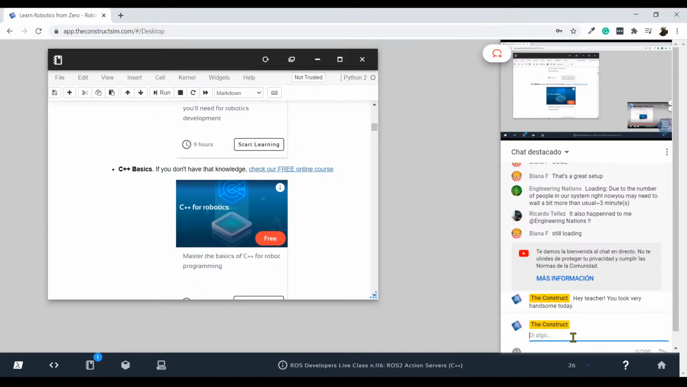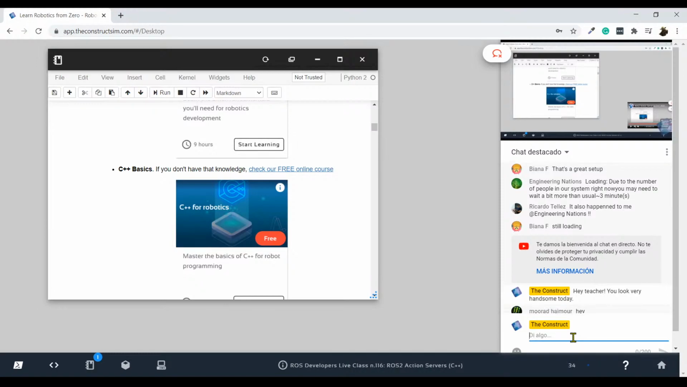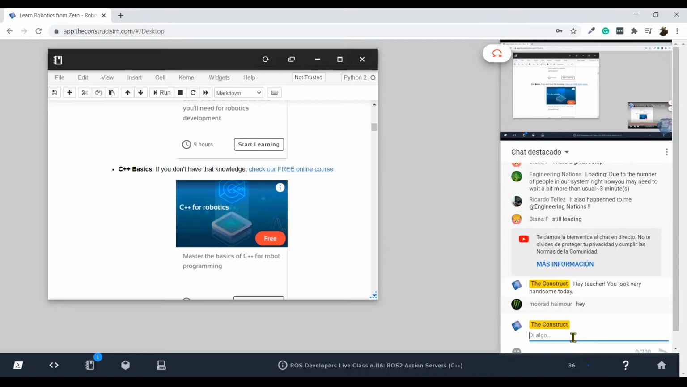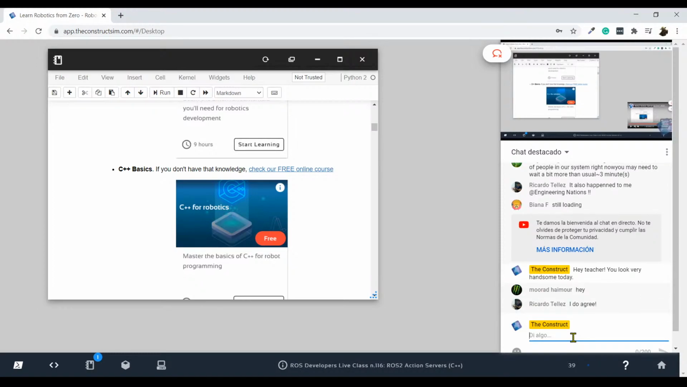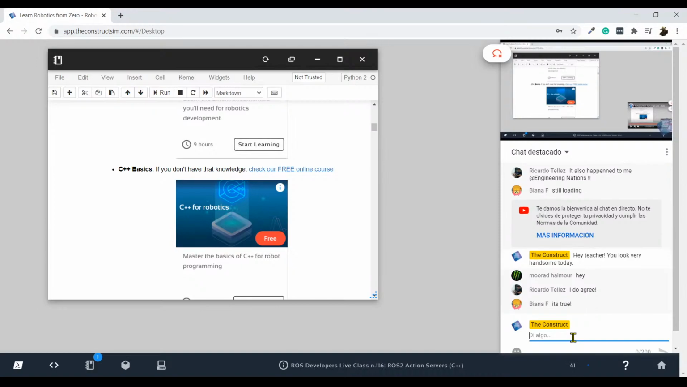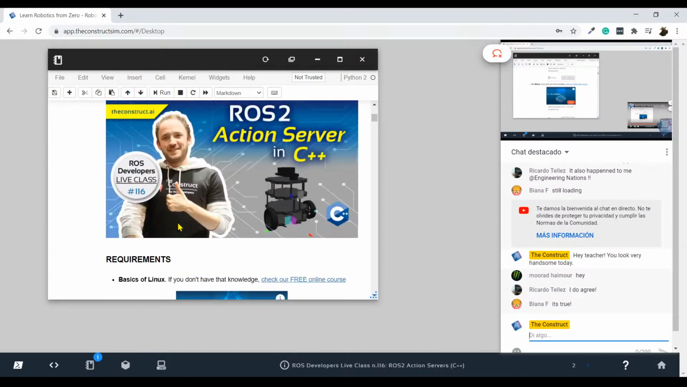Jokes aside, the idea is that you're going to have everything in one single page. You are going to have the live video, the live streaming, you have the chat in case you want to post any doubt, and you have here the project in order to work. All right, so